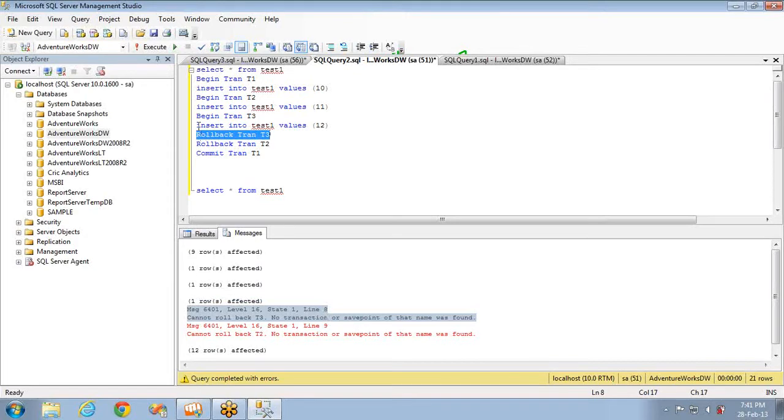Let's say this is your transaction, right? From here to here, this is the complete transaction, the outer transaction. In between, you can roll back to some portion of it, from here to here, not the complete one. Let's say you have 100 records, after inserting 50 records, you can add a save point, and if there is any error from 50 to 100, you can roll back to that save point. That means the first inserted 50 records will be there, but the second inserted 50 records will be rolled back. So to show you an example,